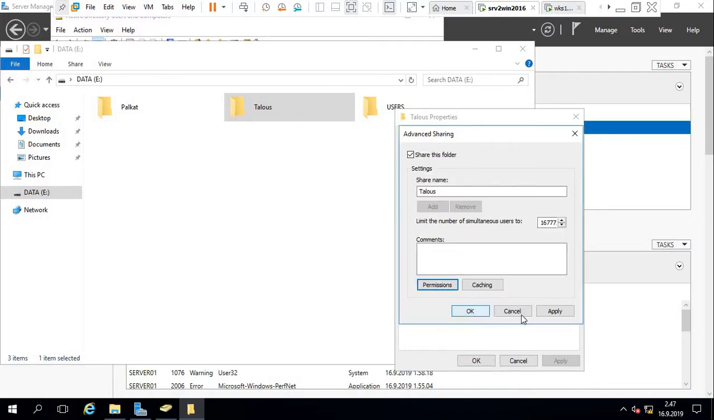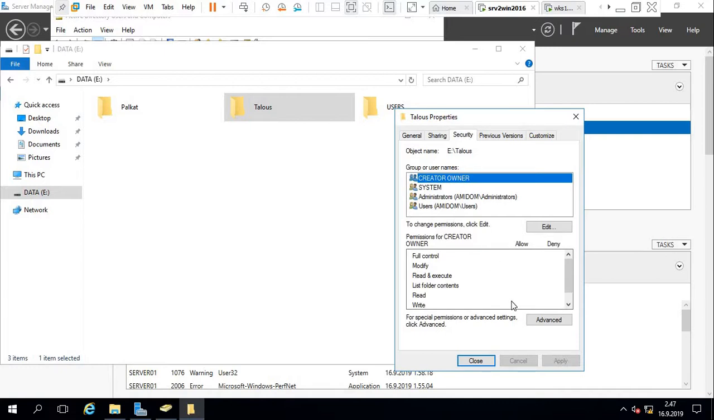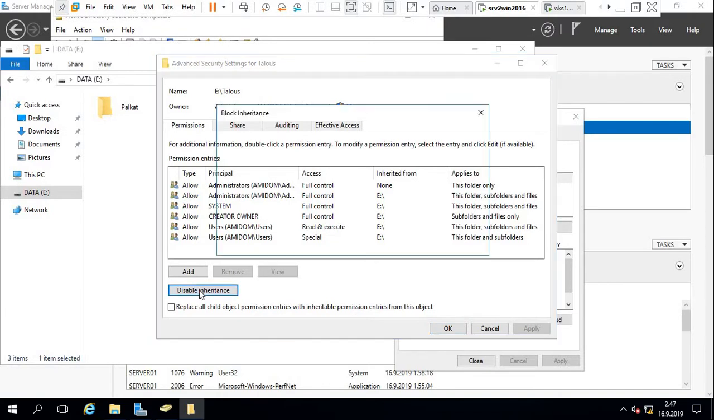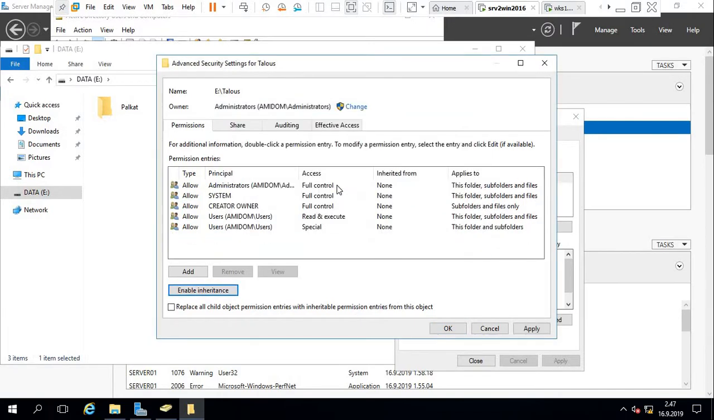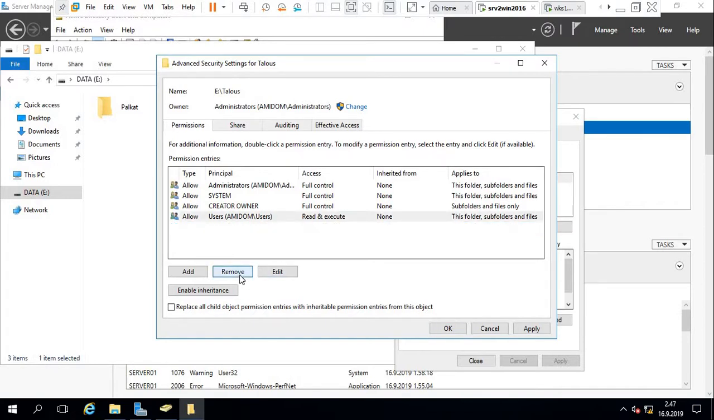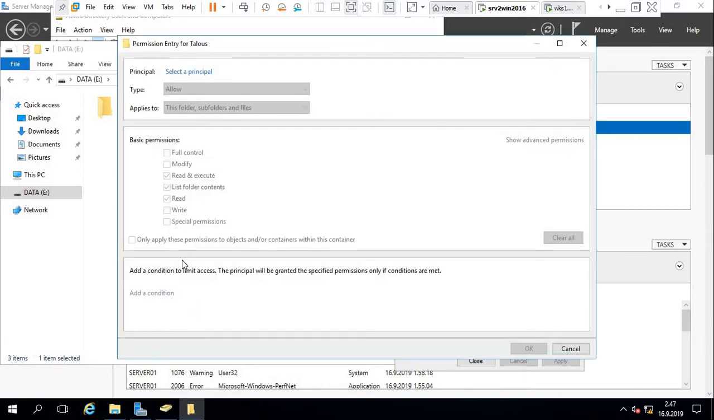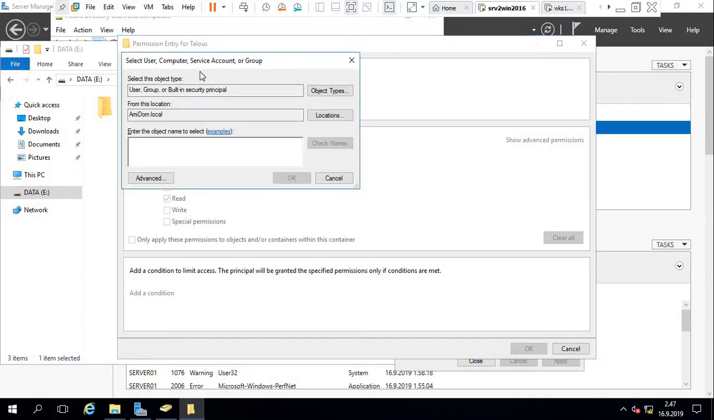Then of course we press apply and then OK, and then we go to the security. In the security we go to advanced and we have to disable inheritance first, and then we delete this one, don't need this one, don't need this one. Now we have to add something else. Let's say we make a REST2 group, we can add like